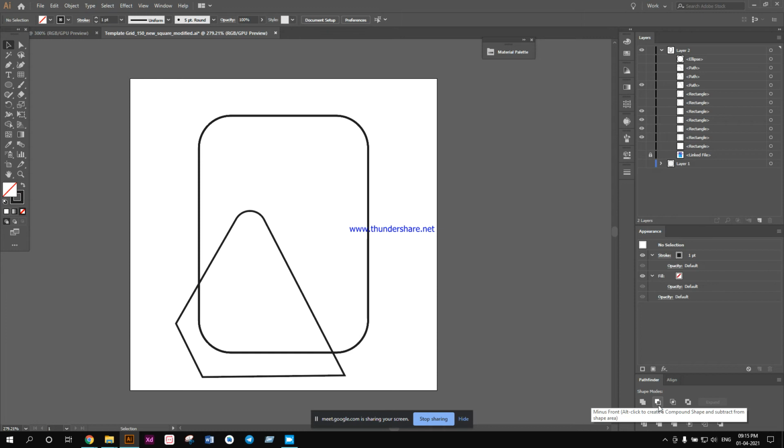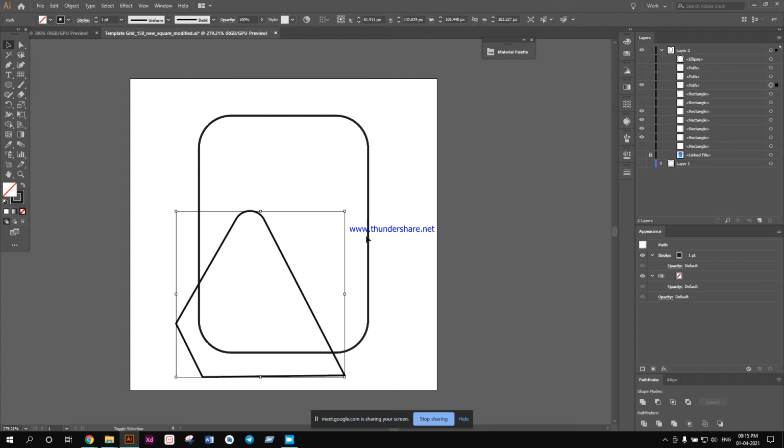The front layer has no color, and for the background layer there is white, so whatever is white will stay. For this intersect, two objects are intersecting each other, and only the part that is intersecting will stay.